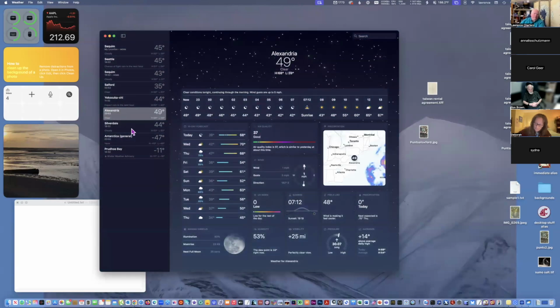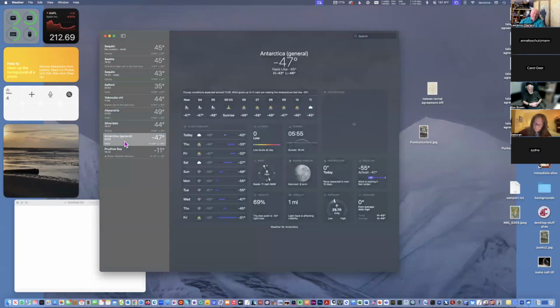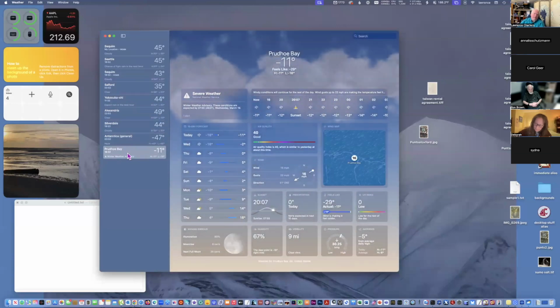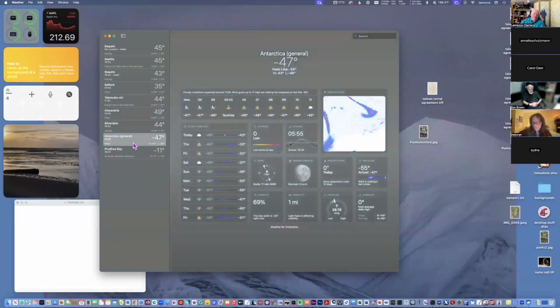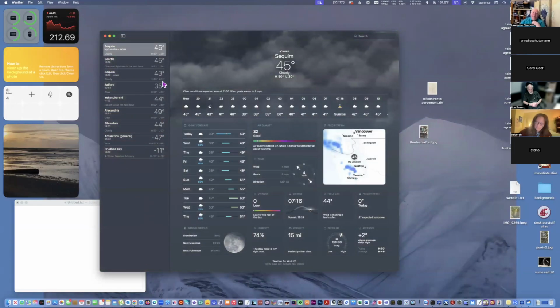Alexandria, Virginia, my brother lives there. Silverdale, because I go to Silverdale quite often. And then when I want to feel good about the weather, I also have Antarctica and Prudhoe Bay. You'll notice that Prudhoe Bay is -11 right now, and Antarctica is much colder. So you can add these things to the sidebar and